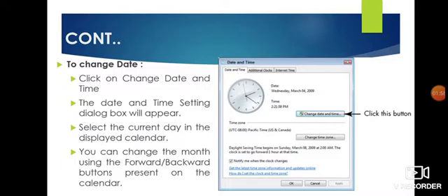Now, how can we change the date? Click on change date and time. After clicking, the date and time setting dialog box will appear. Select the current day in the displayed calendar. You can change the month using the forward and backward buttons present on that calendar.